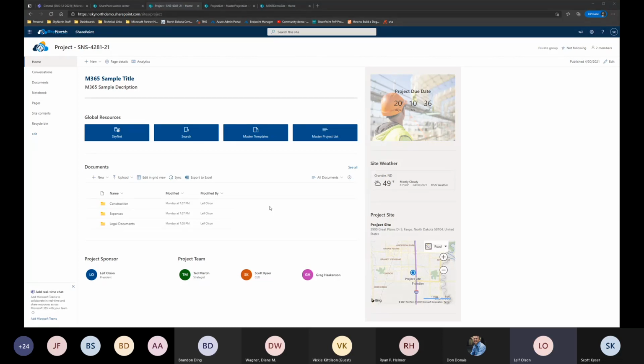So that could change over time. Yep. So just walking you through this site again: widgets with the project due date, a weather widget, a project site widget. These are all just out of the box SharePoint web parts that have been customized and tailored with specific zip